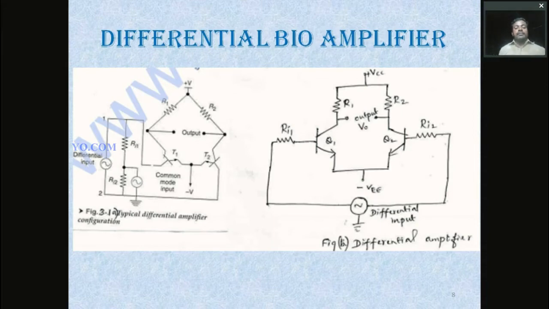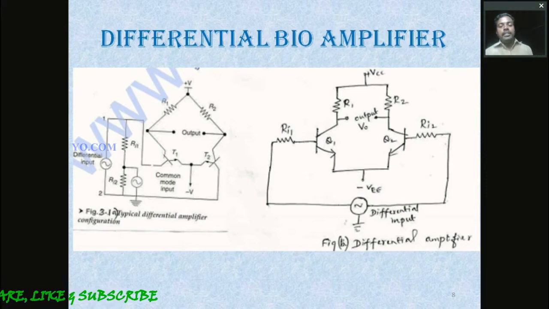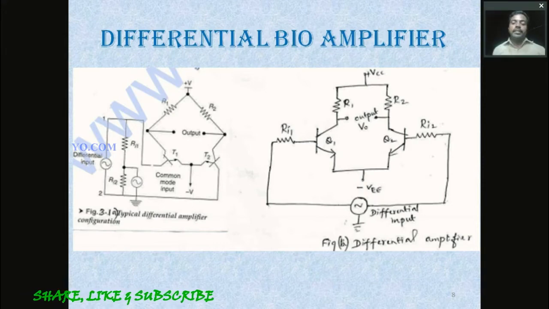Okay. So the differential amplifier should have a very good CMRR, the common mode rejection ratio. If the two inputs are the same, then the output should be zero. But in practice, we have some voltage, a common mode voltage or noise like that. So we have to remove that common mode voltage by using the offset in an operational amplifier. But in a transistor circuit, we do not have any offset.